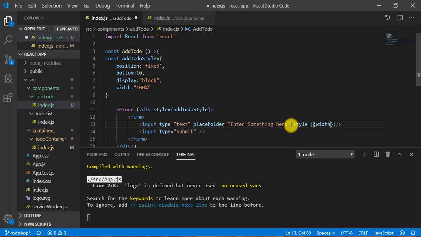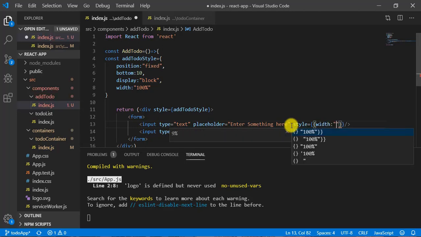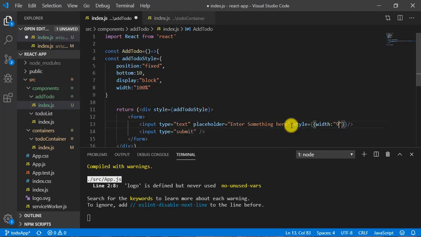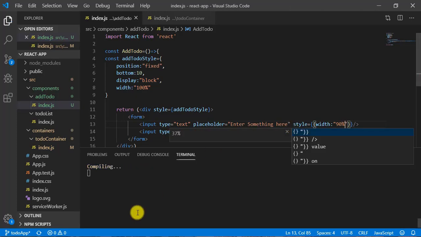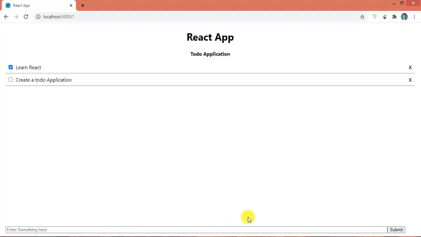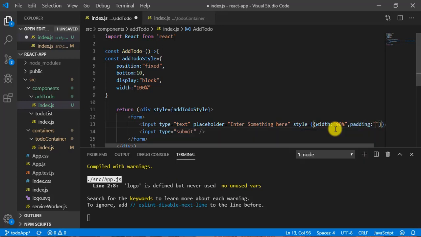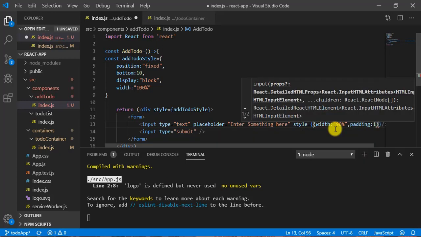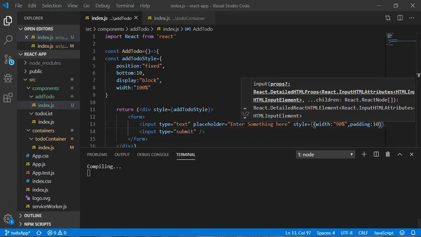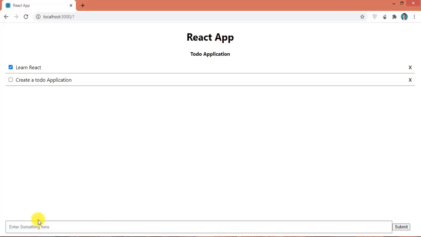Make it 90%. Let's save it and have a look. You can see this input has taken this much width. Now I need to give some padding, so padding, and let's define it as 10 pixel. Now you can see it's looking better than the previous one.